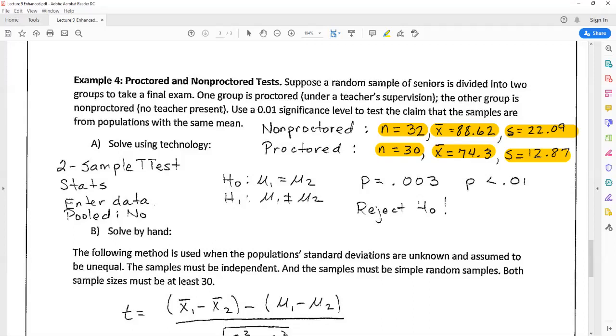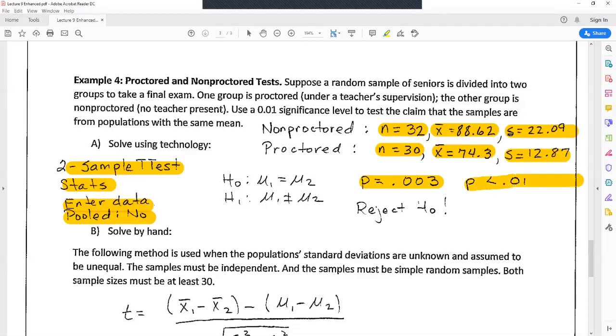If we run the two-sample t-test and we select stats because we have the summary stats, we enter the data appropriately and carefully. We choose no for pooled. We will get a p-value of 0.003. Well, that is less than the alpha level. 0.003 is less than 0.01. Therefore, we would have to reject the null,